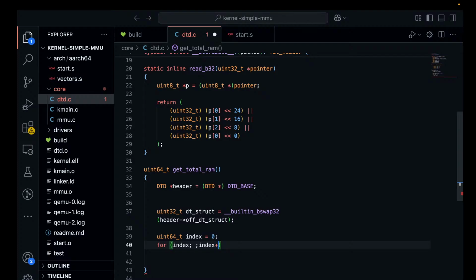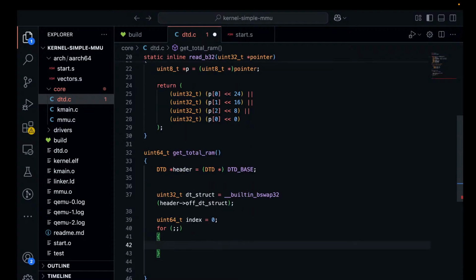No. I'm not supposed to index this here. Index will also be updated internally. This will be an interesting for loop. I could have just put while, but whatever. And then I can just say